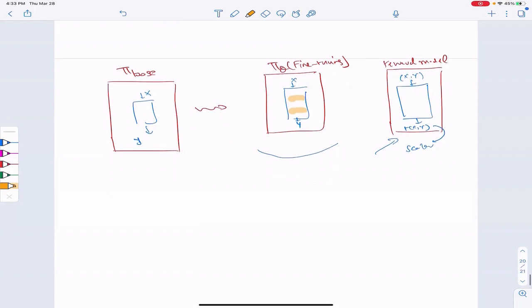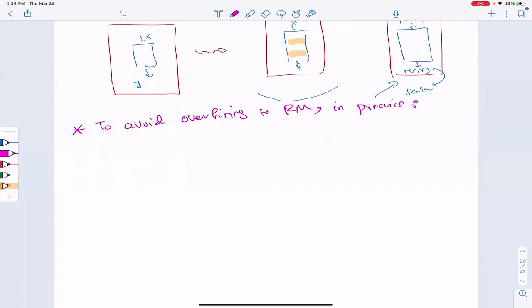So in order to avoid overfitting to the reward model, in practice, people use the following reward instead of the original reward. So what we use is the original reward, but your good friend KL comes back from the dead, and you penalize the KL of the output of your model after the PPO optimization, after the fine-tuning, with respect to the base model,